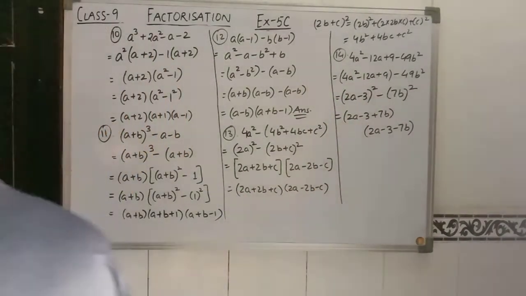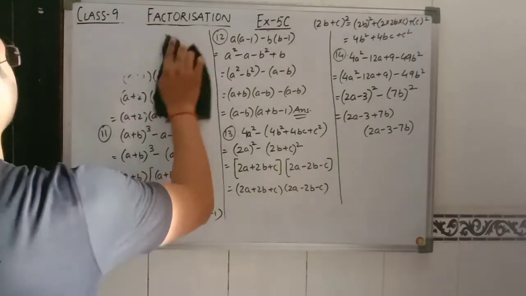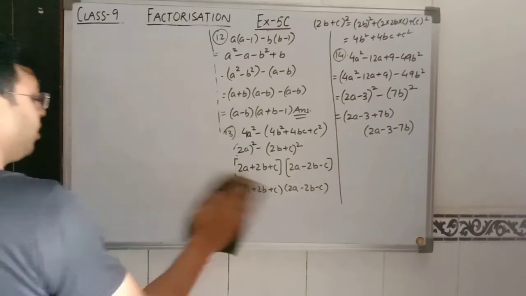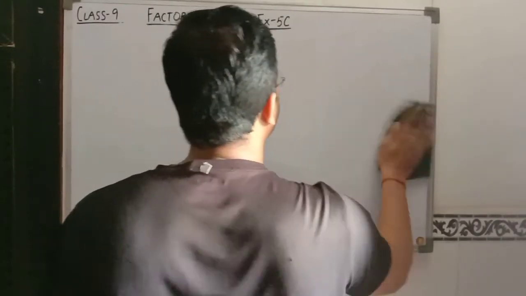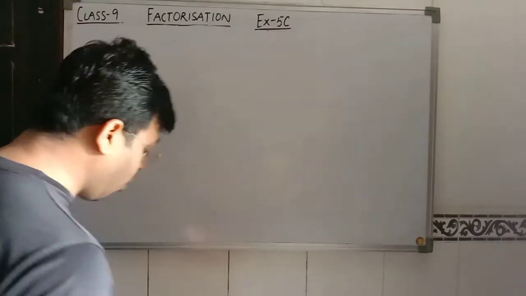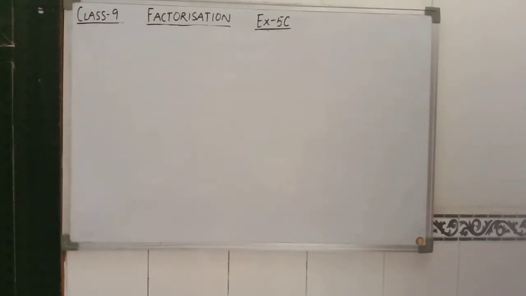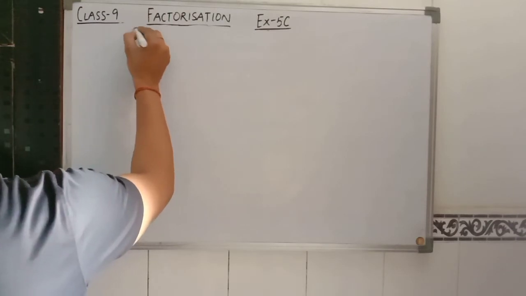Okay, so this is the question number 14. Now proceeding further, we are coming to the next question. Question number 13. 14 we have completed. Now we are coming to question number 15. So all the identities which you have completed in the expansions chapter can also be used. Yes, now question number 15 is saying